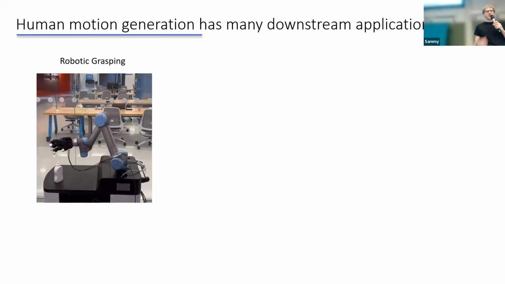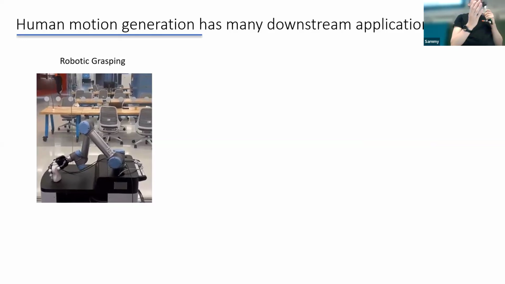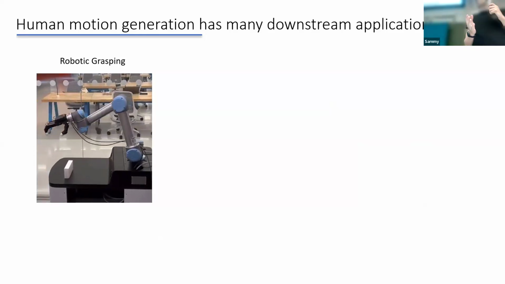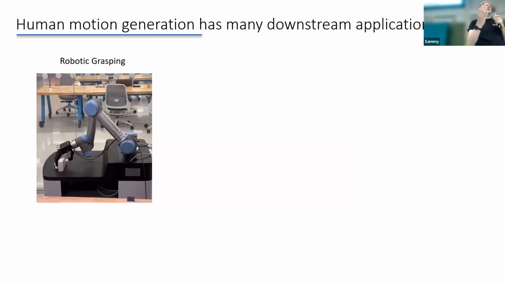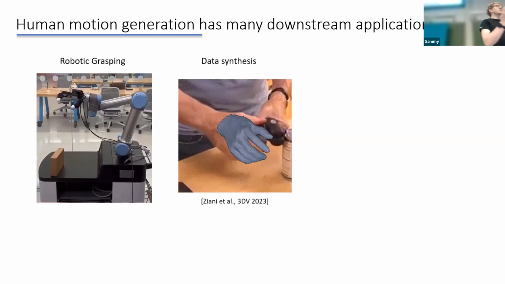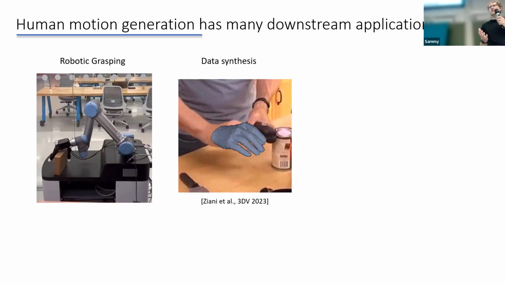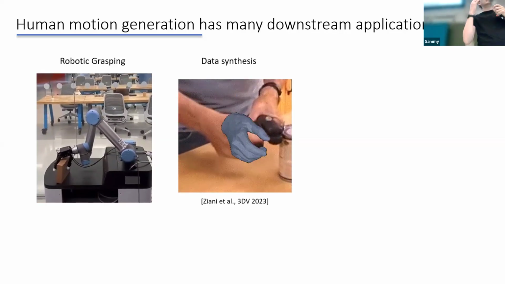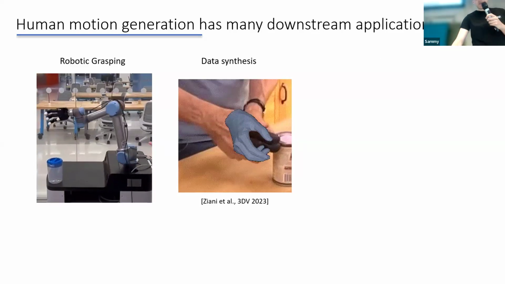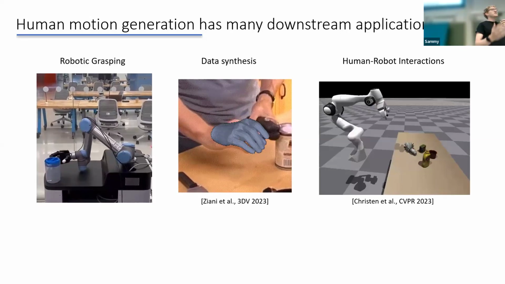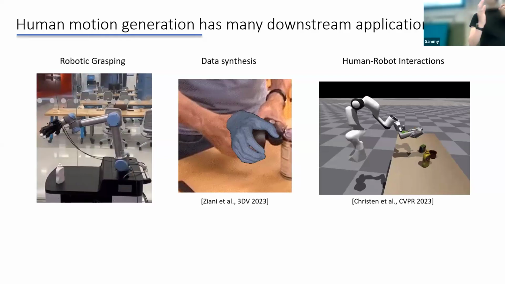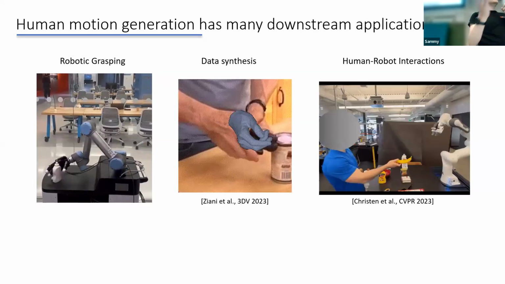How can this be potentially useful? The first one I already mentioned. If we look into robotic grasping, such a model could serve as expert demonstrations that scale beyond what we have from motion capture. Secondly, more in the vision community, this could be useful for data augmentation, where we can augment the data for estimation models. And lastly, as we have shown in some of our research, we could use such synthetic data for human-robot interaction, where we take the simulated humans and we train robots with it.